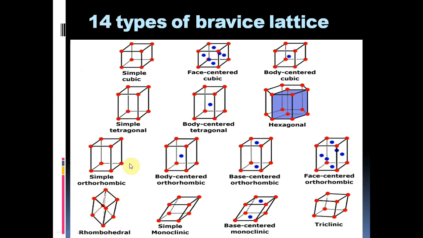We can see here the simple tetragonal system, where A is equal to B not equal to C, and alpha, beta, gamma equal 90 degrees. So in the simple tetragonal type, the BCC pattern also we can find in the tetragonal system. Then